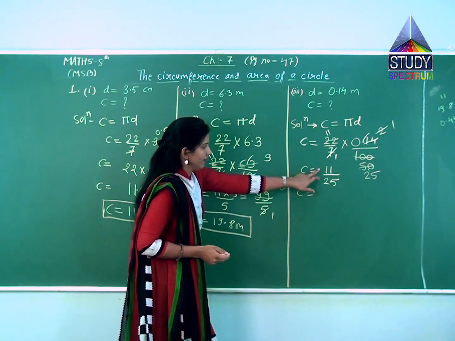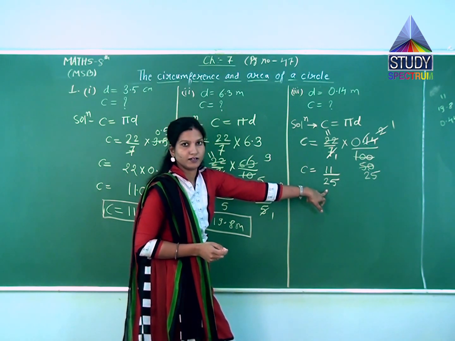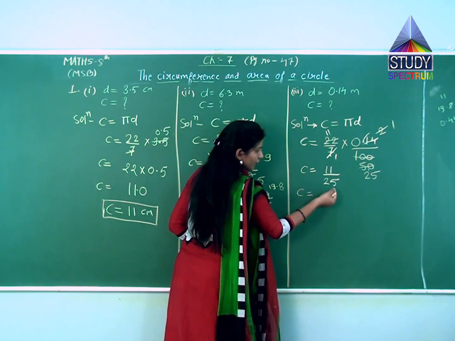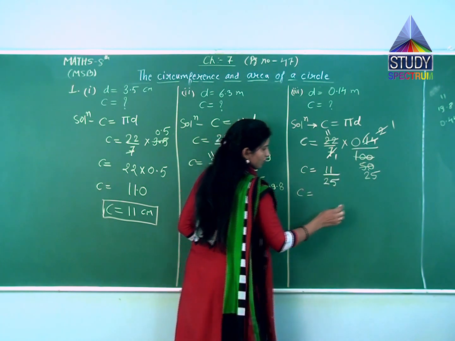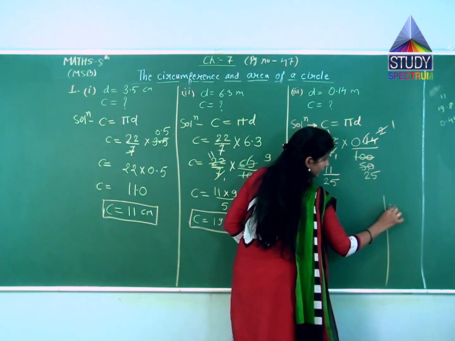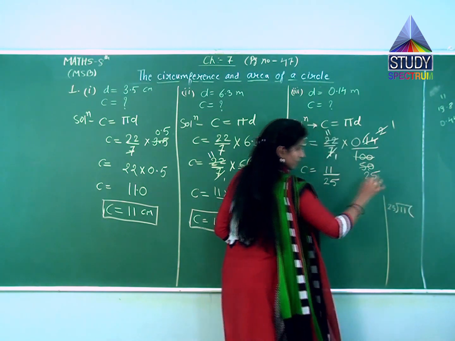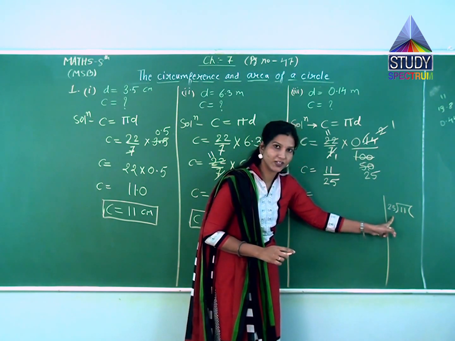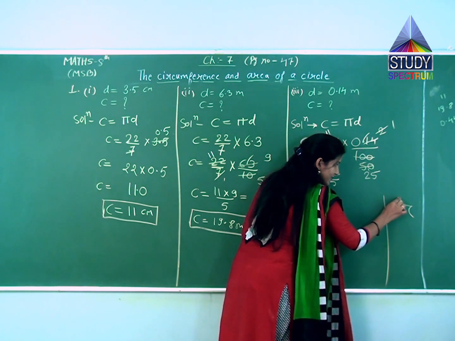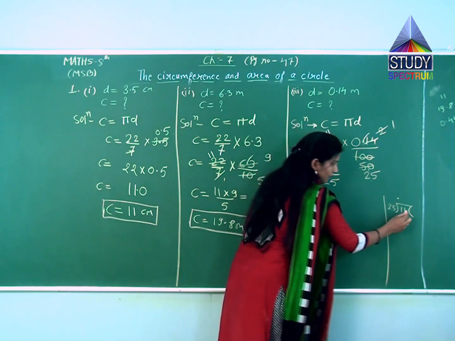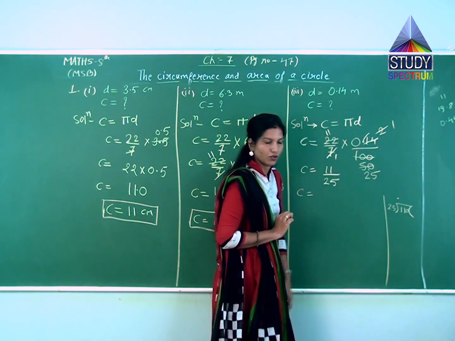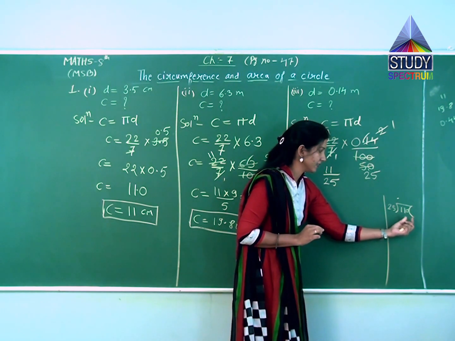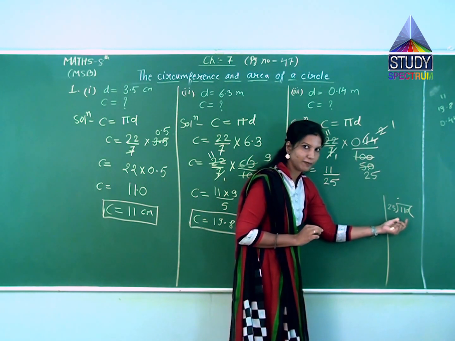Now as you see, the numerator is less than the denominator. Then how will we divide? Just look here. We have to divide this 11 by 25. So we will write 25 here and 11 here. But you cannot divide 11 by 25 because 11 is less than 25. That's why you have to put a decimal at the start for placing a 0 here. Now it's 110, and it is greater than 25 and can be divided by 25.